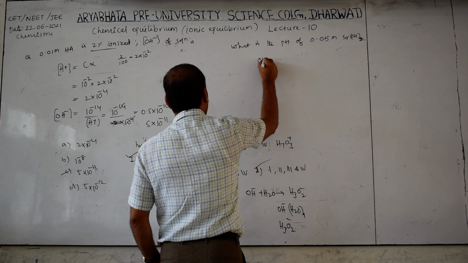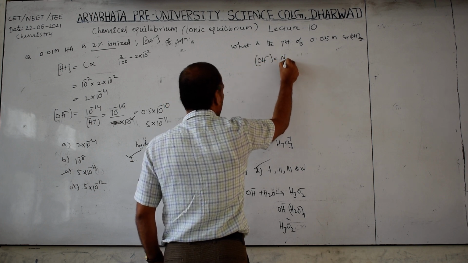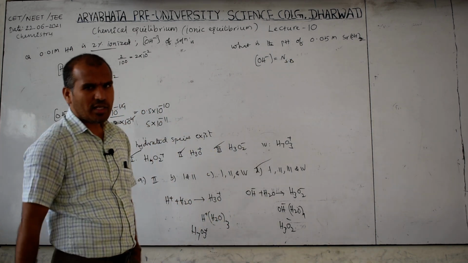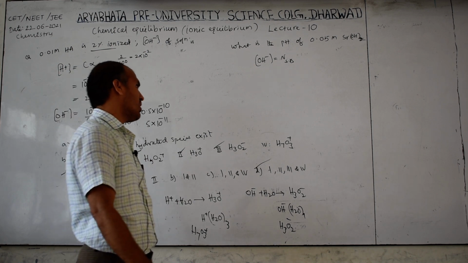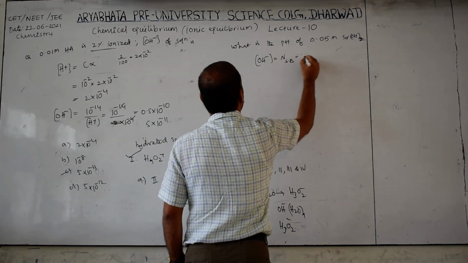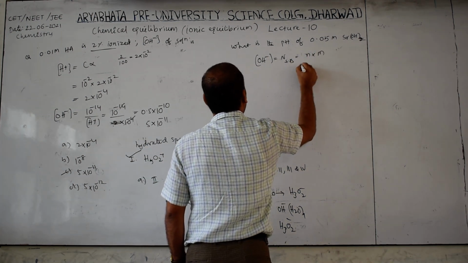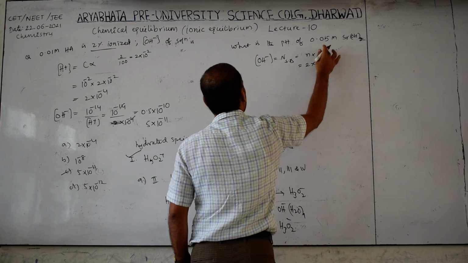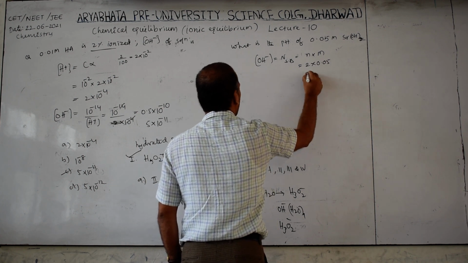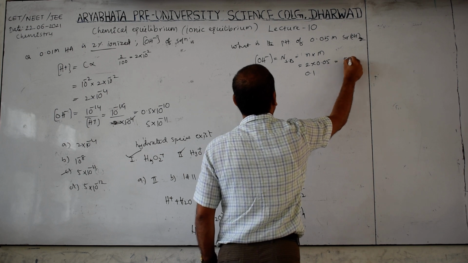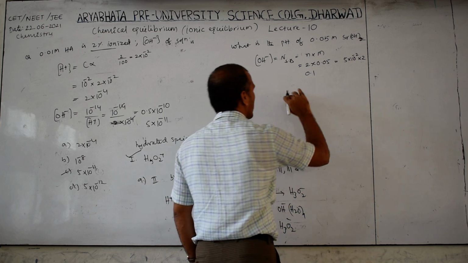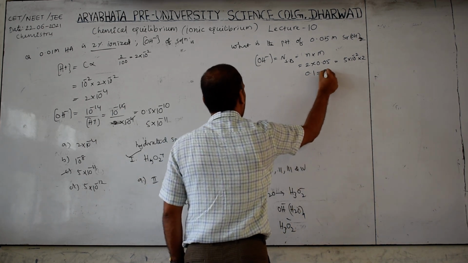But we know that OH minus concentration is equal to the normality of a strong base. Strong base, I already told you the rank shortcut: only 8 or 7 bases are there and 6 acids are there. They are the only strong ones, the remaining are weak. Therefore this is N into M. N value how much here? 2. Then molarity how much? 0.05. Then this can be represented as 0.1. If you don't know, then write 5 into 10 power minus 2 into 2. Then 5 into 2 is 10, the 10 cancels, 10 power minus 1. Otherwise, write 10 power minus 1.